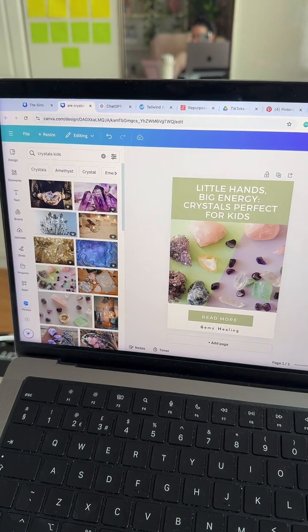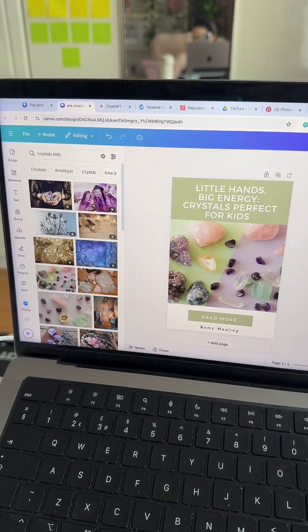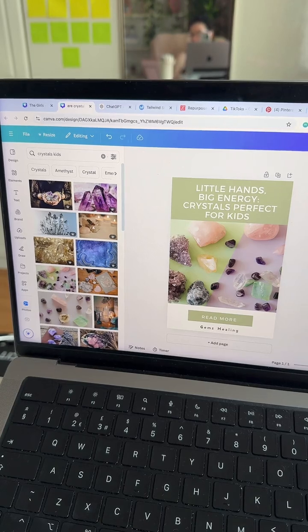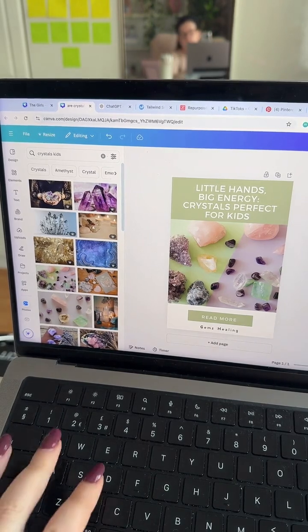What's the best guide if you have good knowledge on Pinterest? Can you clarify what you mean by guide? Or do you mean like course? What is Tailwind? It's a scheduler. Can you still make money if you don't have a business? Yes, you can either start a business and start selling something like digital products, or you become an affiliate marketer and sign up with brands and become partners for them.